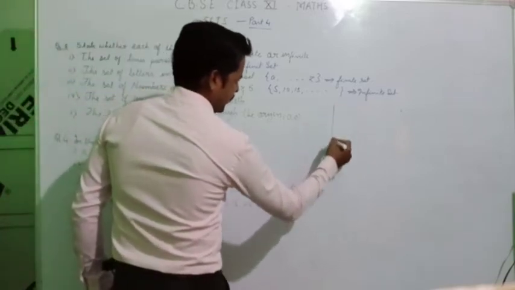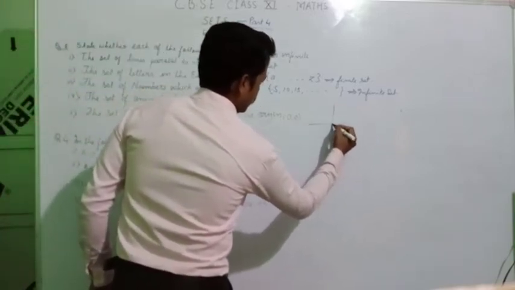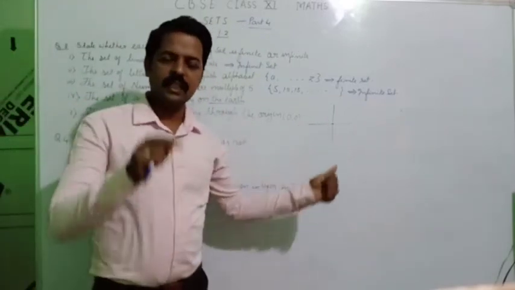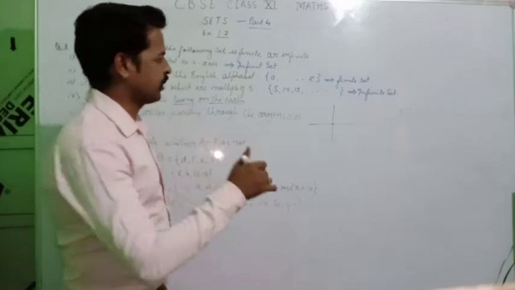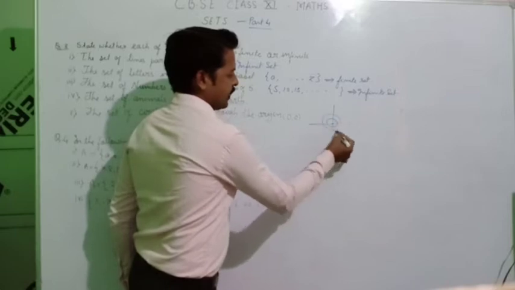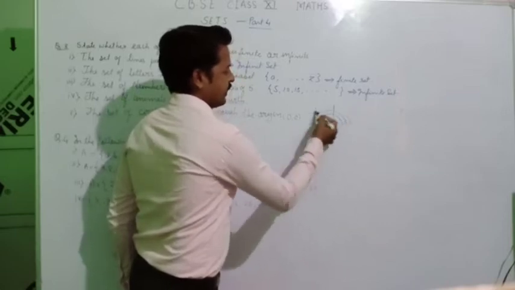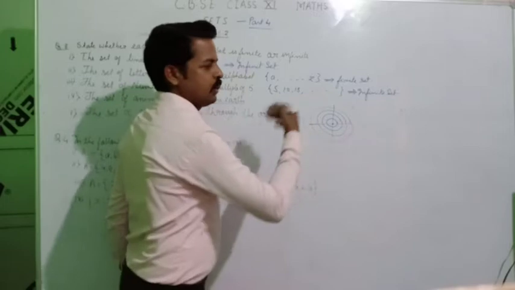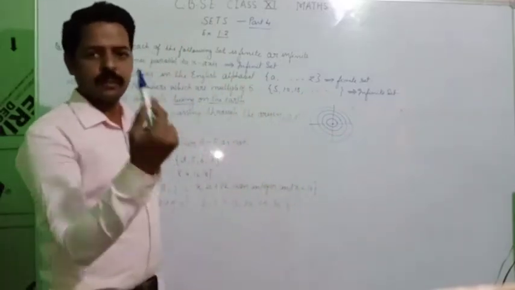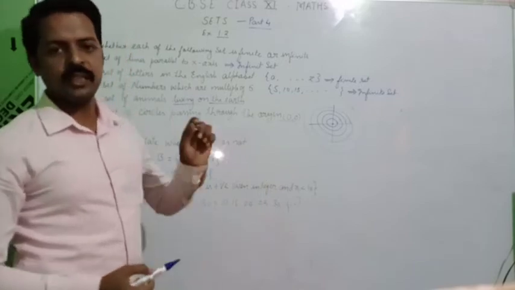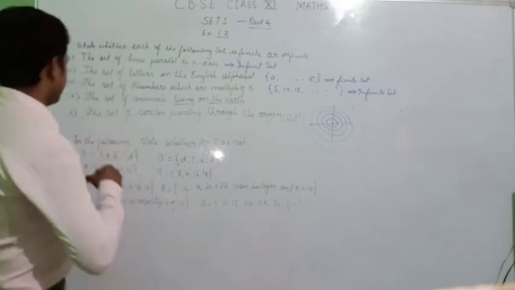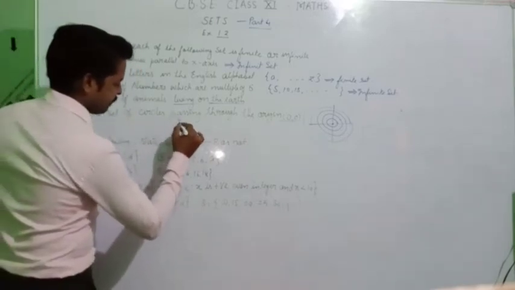Origin is a point, and we know that taking this point as a center and increasing the radius, we can draw n number of circles. If I take radius, suppose, 1 centimeter, we draw one circle. 2 centimeter, another circle. 3 centimeter, another circle. 4 centimeter, another circle. So just increase the radius, and you can draw an infinite number of circles from a point. Origin is just a point. We can draw n number of circles from a point, and here is an infinite number. So it is an example of infinite set.